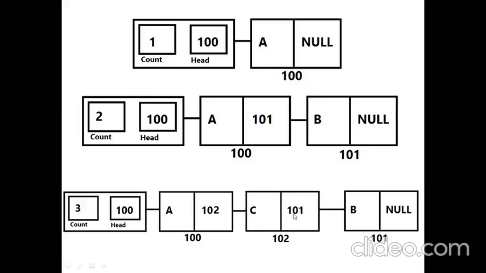So the link field of the new node is now containing 101, so that the link is now rearranged like this. No change is required in the last node. We only have to change the new node and its predecessor, so that the linked list gets reordered like this after an insertion of a node. The first change is that count was incremented. Next, the link field of the predecessor node is changed into 102, which is the address of the new node that needs to be inserted.